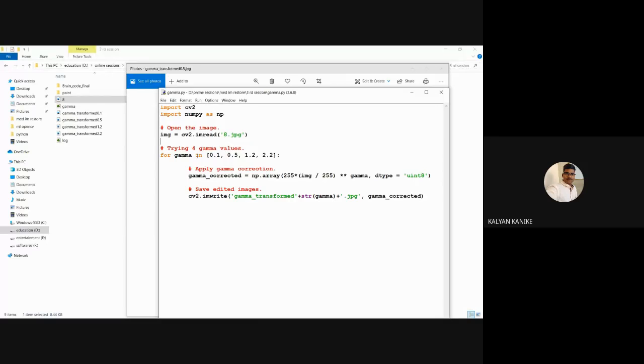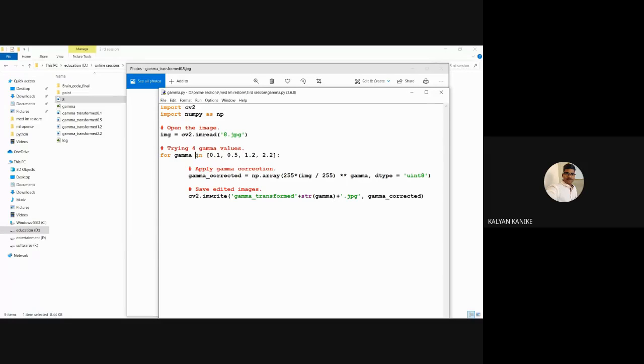Next here we are using one formula, the gamma formula generally. Here it is going to add some light information to all the pixels. We cannot say it's adaptive. Adaptive means according to the pixel information, it adds as much information as we need, but here it is not like that. It is adding directly.